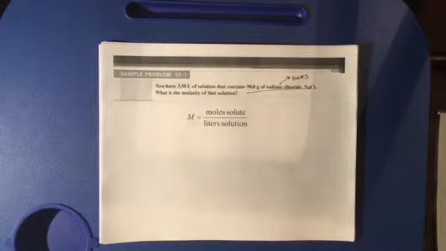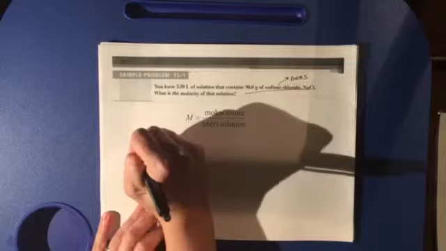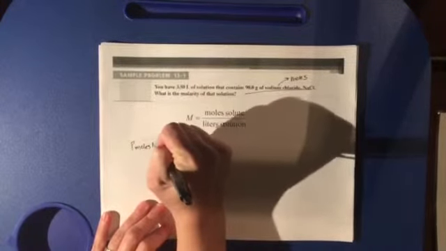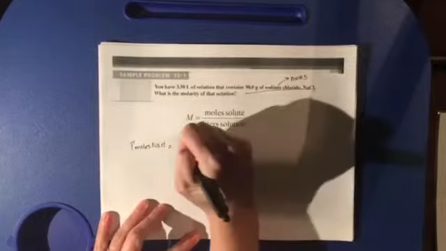In the lab, usually what we would weigh out is grams, and so we're often going to be calculating grams to moles. It's rare that if you were given something in the lab, you would know how many moles you have. Usually you'd weigh it on a scale, find out how many grams, and convert that to moles to figure out the molarity. So we want to know how many moles of sodium chloride, and we're given